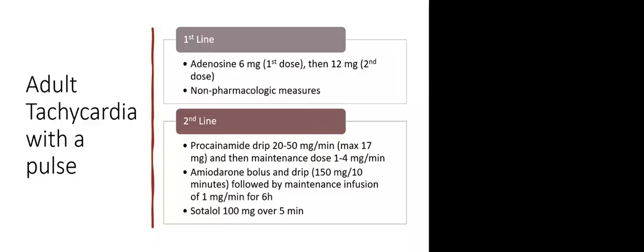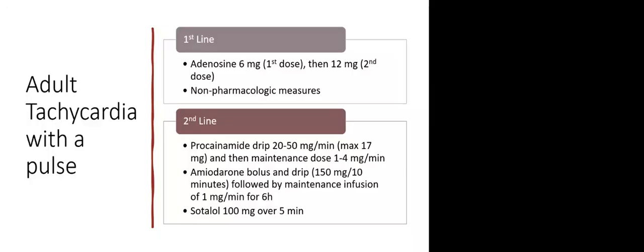So our antiarrhythmic options are procainamide, amiodarone, and sotalol. Most commonly used is amiodarone, which is mixed in D5W. We do need to be careful about patients that have a long QT interval. That kind of tells us about the time it takes for ventricular repolarization. And if we're giving antiarrhythmics in a patient with a long QT, it can put a patient at risk for